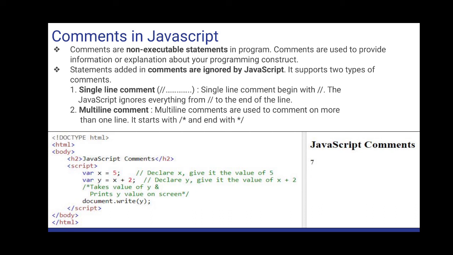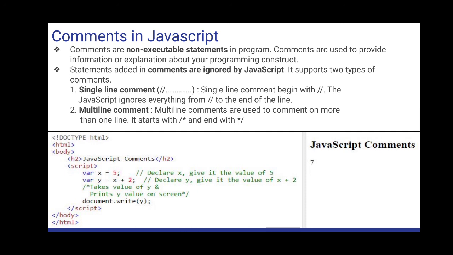Now suppose somebody does not understand what exactly this instruction means. So here I am giving 2 slashes, which means a single line comment, and after that I am explaining what exactly that particular statement is doing. It says declare x and give it the value of 5, which means you are storing the value 5 into the x variable. Agree? Next, y = x + 2;